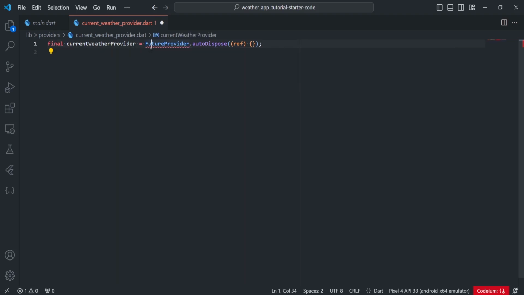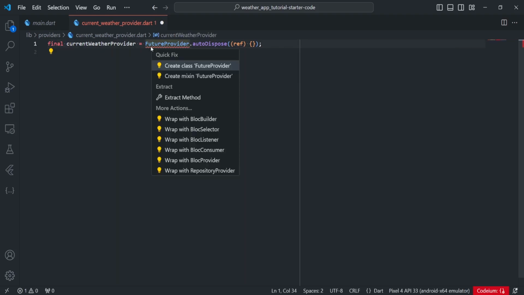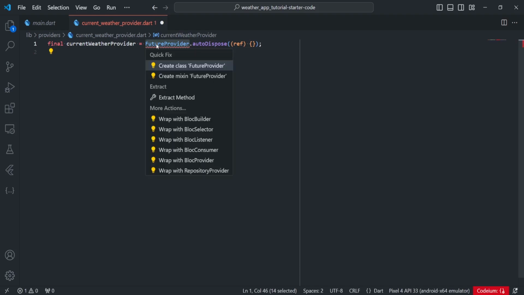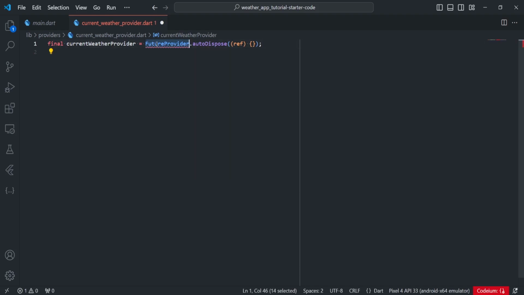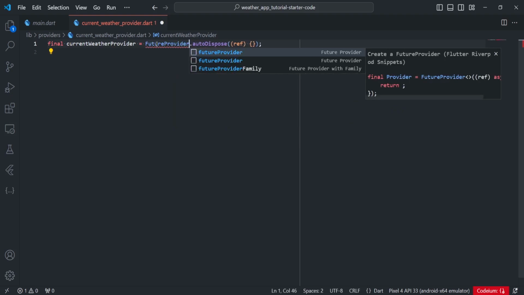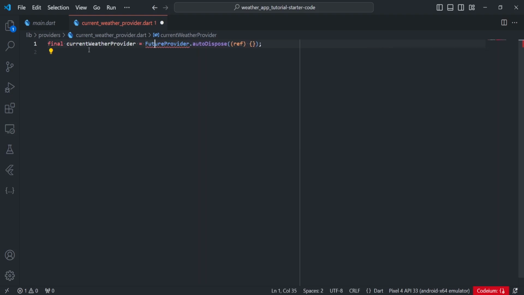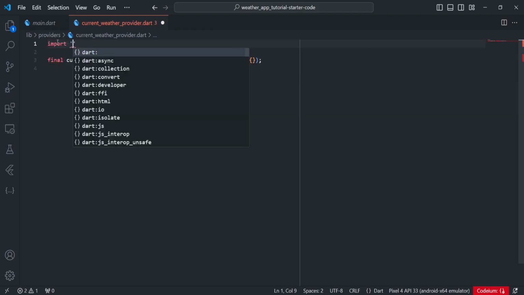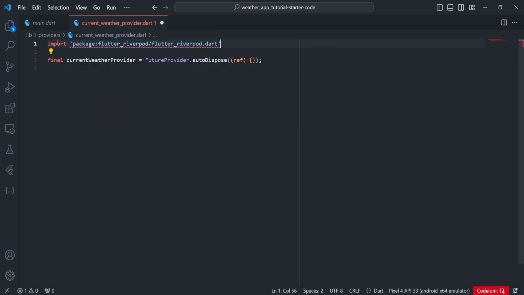And you also need to make sure that we import Flutter Riverpod. But we cannot do that for some reason. So let's say it again. Future provider. We need to import it manually. Beautiful. So inside this provider, the only thing we do is that we return API helper